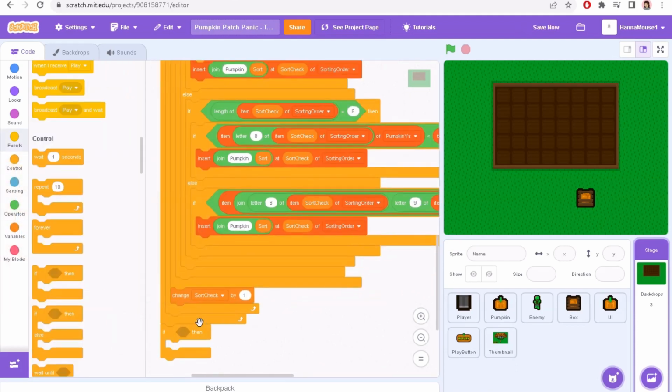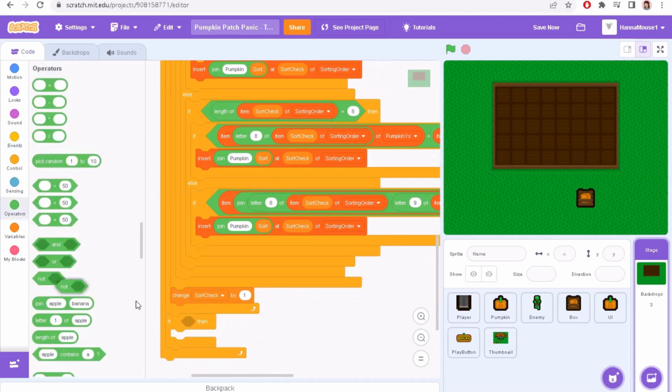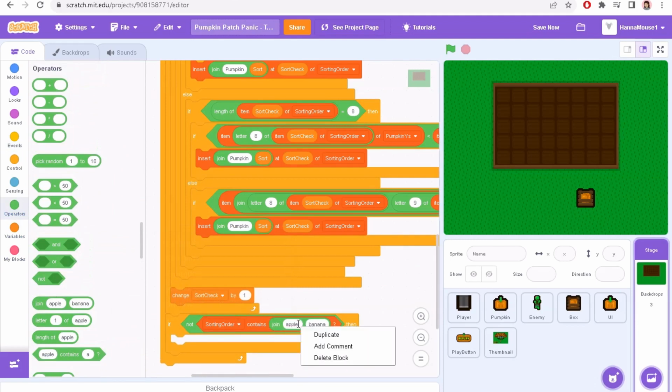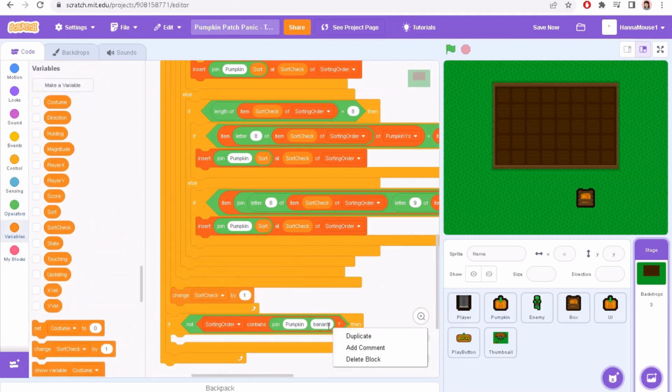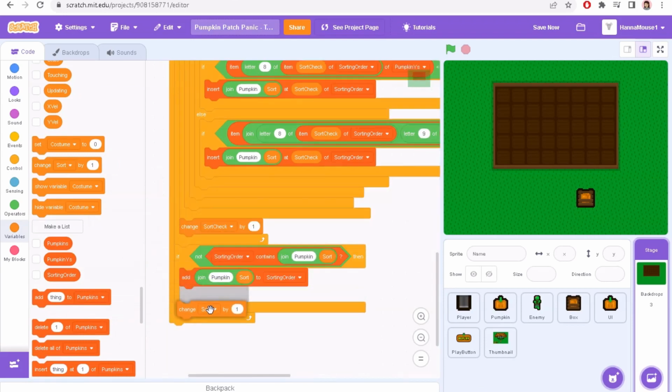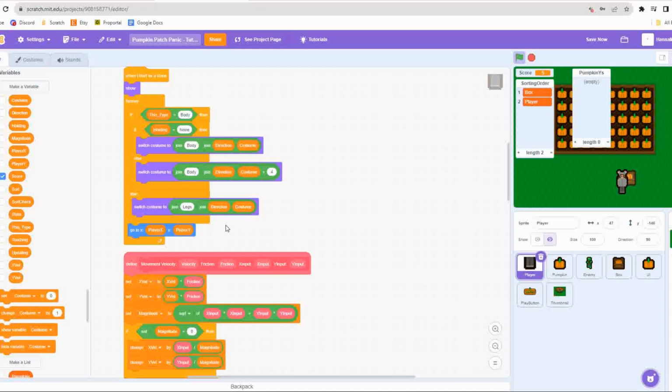Then one loop in, we need an if statement. Drag a not operator into the condition space. We need this to read if not sorting order contains join pumpkin sort then. Within the function, add join pumpkin sort to sorting order, and after the function a change sort by 1. All of the entities are now added to the sorting order list, and we now just need to get the